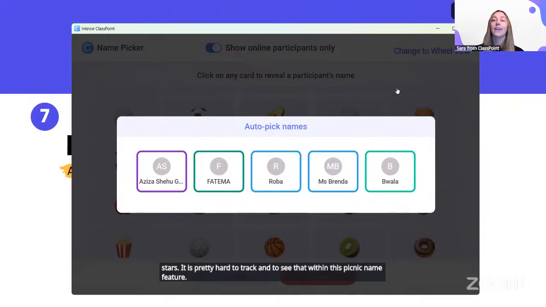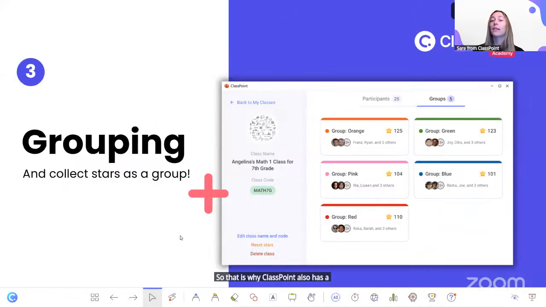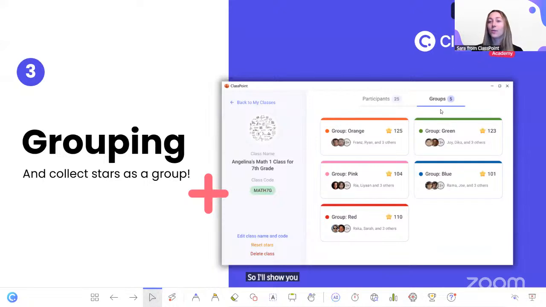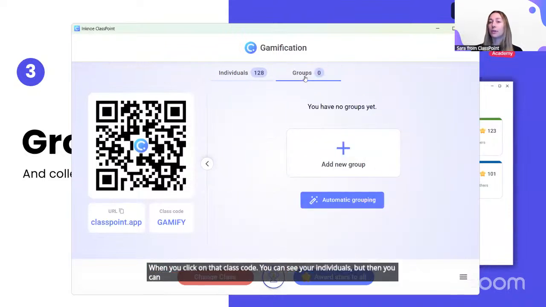That is why ClassPoint also has a grouping feature. Students can compete not just individually, but as a team in their groups. So I'll show you guys how to set that up. Within your saved classes, when you click on that class code, you can see your individuals, but then you can also go ahead and group your students.